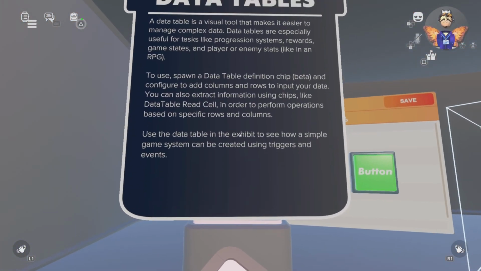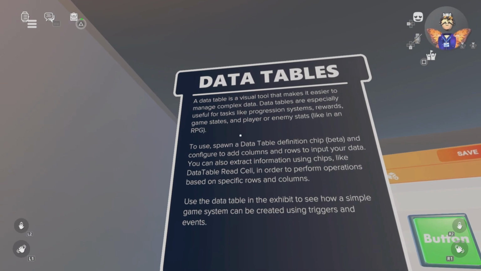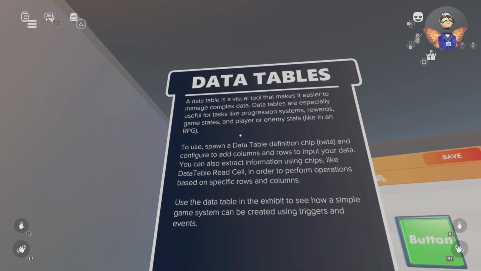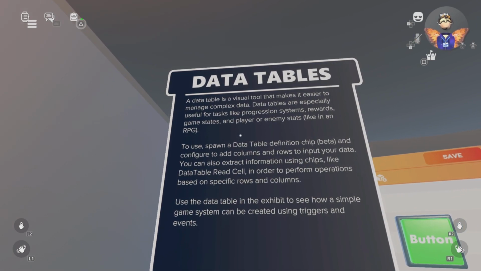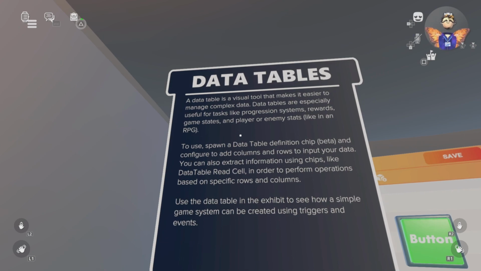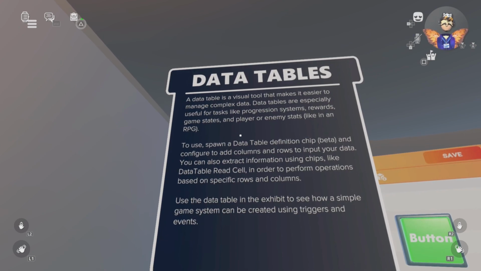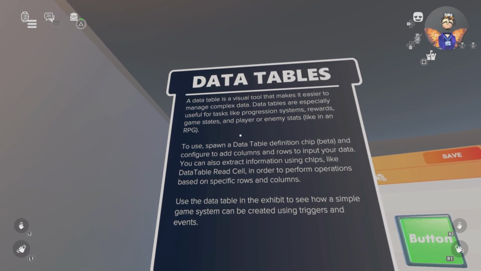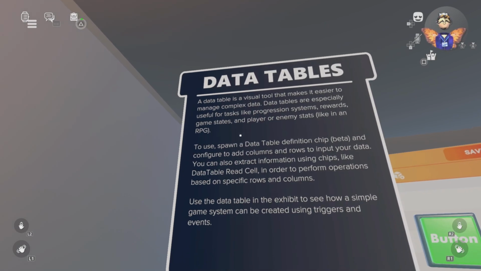A data table is a visual tool that makes it easier to manage complex data. Data tables are especially useful for tasks like progression systems, rewards, game states, and player or enemy stats, like in an RPG. To use, spawn a data table definition chip, beta, and configure to add columns and rows to input